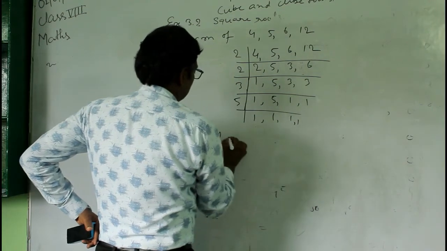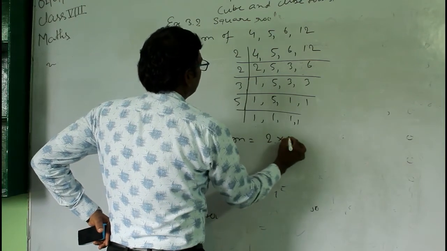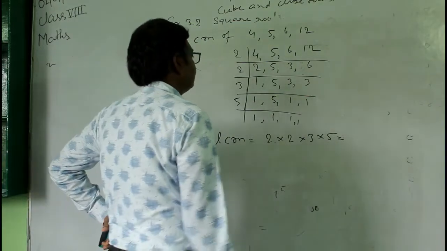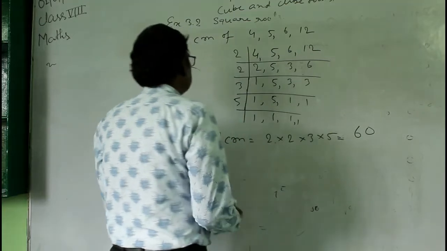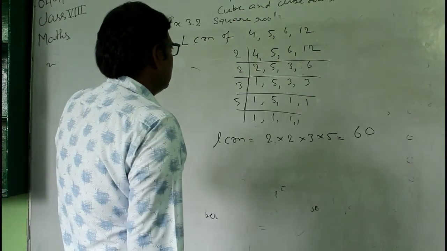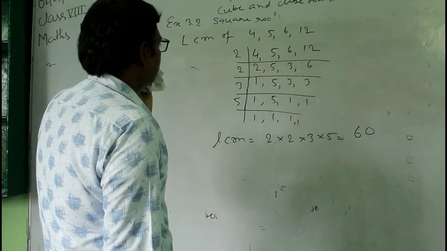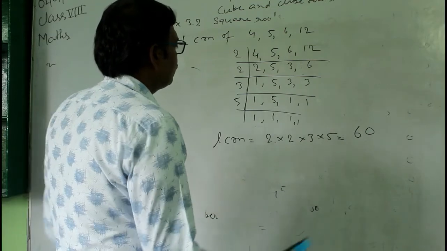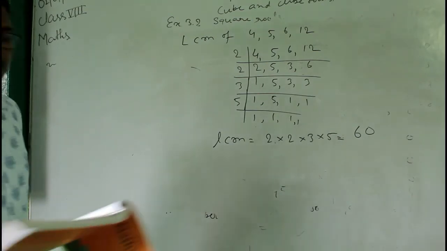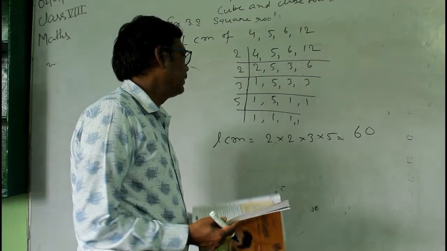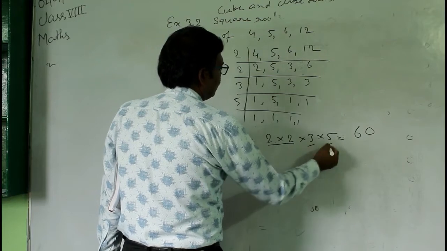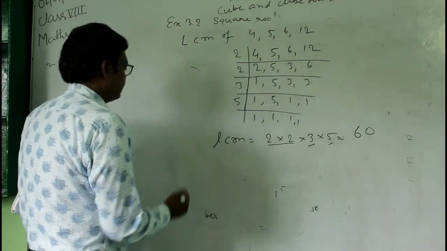So therefore, LCM is equal to 2 into 2 into 3 into 5, that is 60. So this is the LCM of these numbers. Okay, and this 60 is divisible by 4, 5, 6 and 12 exactly, and then we have to find a square number. We have to find the square number which is divisible by these numbers. So what is the square number here? Now see that in this number here we have the pair of 2. We don't have the pair of 3 and 5. So the least square number